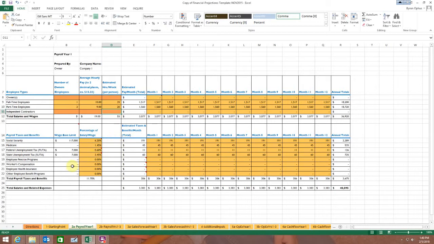The only other thing that we need to add is going to be down here. You could add a pension program if you wanted to. Some employers would match a certain percent for a 401k or something like that. You could certainly add that, but you would all add some workers' compensation. I expect everybody that has an employee to do so. If you don't have any employees, if it's just you, this whole sheet and the next one would be blank, and that's fine. But if you have an employee, there's going to be some workers' comp, and workers' comp depends on the type of business.